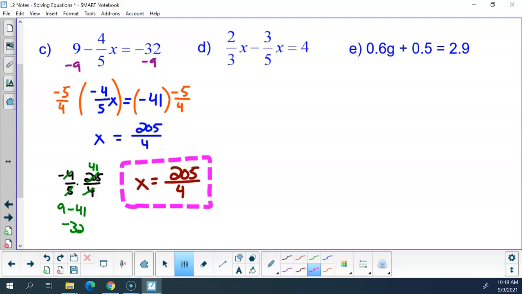Extra side note, big fan of improper fractions. Not a fan of mixed numbers. Not a fan here of 51 and a fourth. Okay? Big fan here of